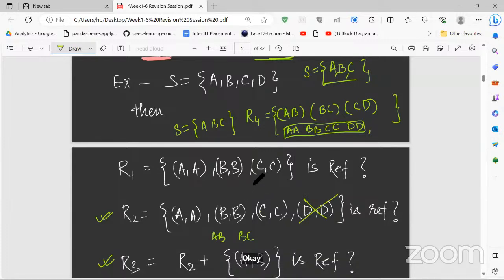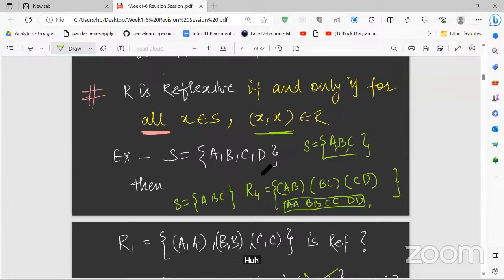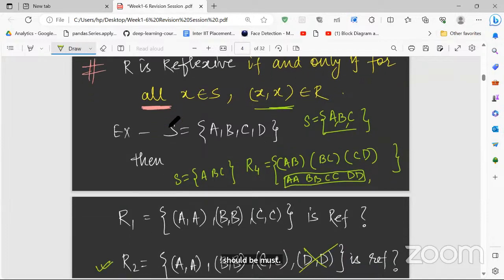Sir, for the identity relation, there should be all elements (x, x), but there shouldn't be anything else. Yes, only those elements. But here, not only those elements. Apart from these also, but these must be there. If anything else is there, well and good, but that is reflexive. Is this clear to everyone? Any problem in the exam, you will not make mistakes, right?